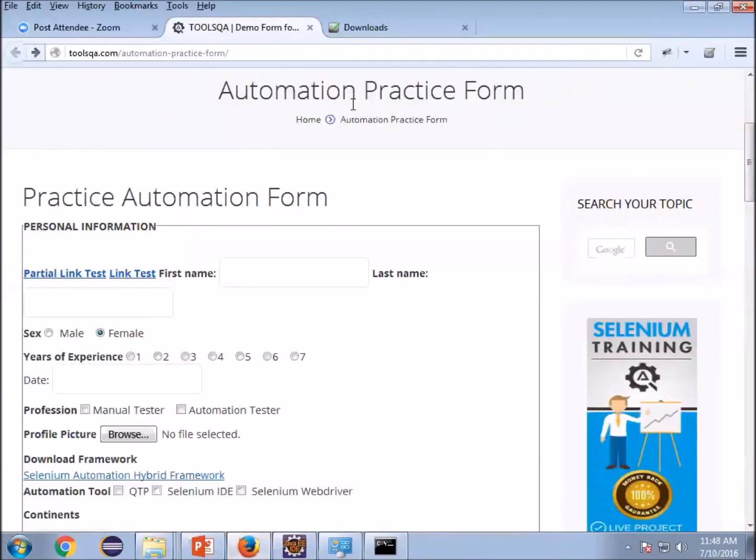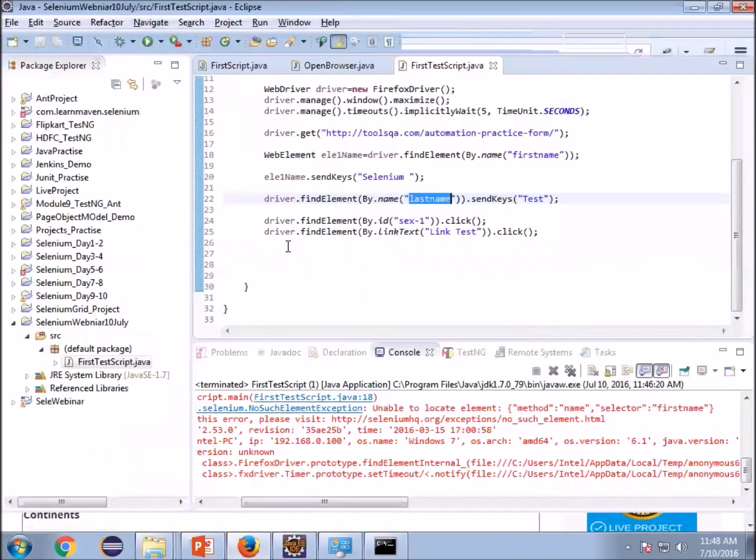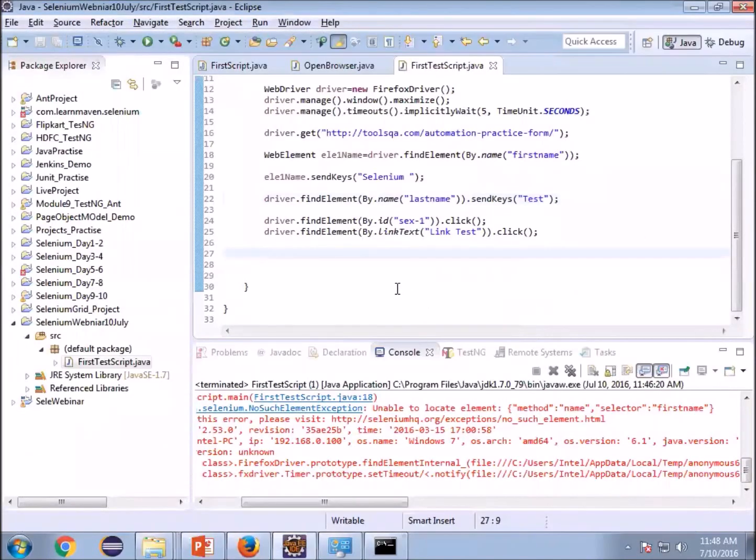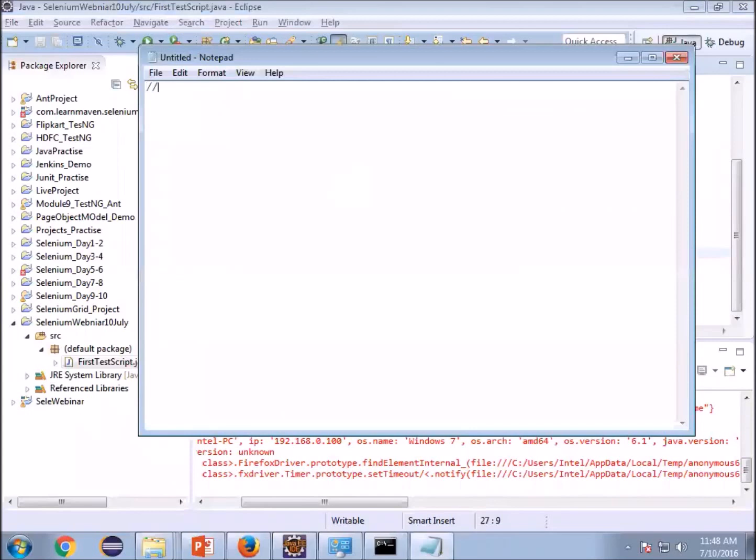If it gets 1,000 elements inside that, it will take time. It will go here and find the name. If it finds multiple elements with the same name, then it will throw you an error that it is not able to find the element. So to minimize this time to search on the complete web page, there is something called XPath. I will explain XPath syntax in this session.